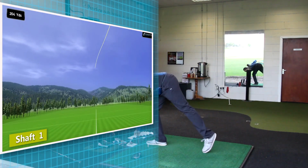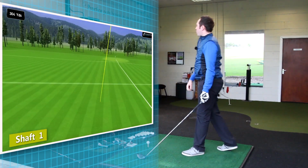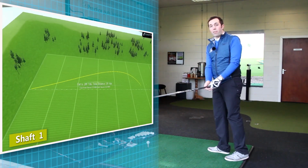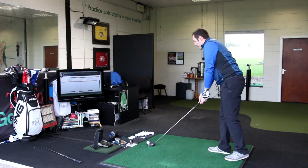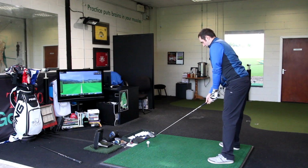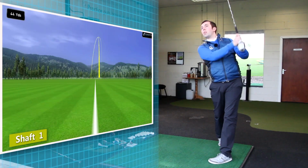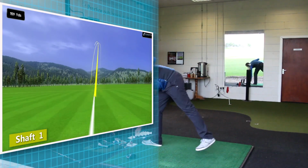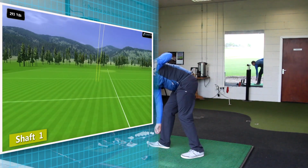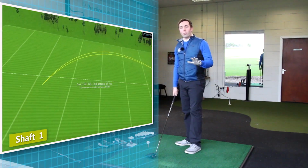So this is producing the yellow line on the simulator. Yellow line is shaft 1. I don't know what shaft 1 is. I'm just going to see how it performs. That felt good. Gives you a bit of feedback. That felt nice, but it was a good hit, so I'm sure it's going to do. That also felt very good. Right, I'm going to hit, in fact, just so you don't think I'm in any way, shape or form fixing this,